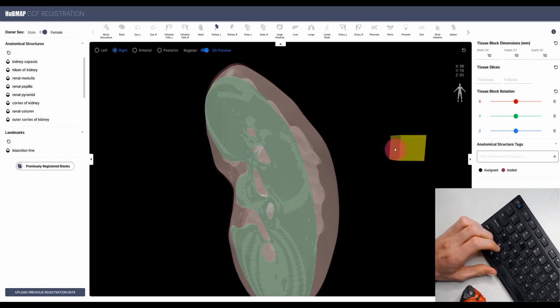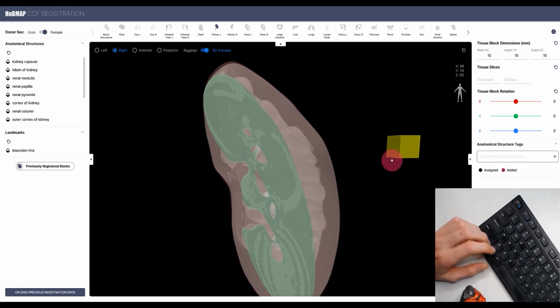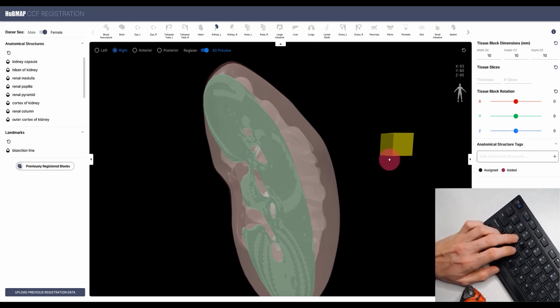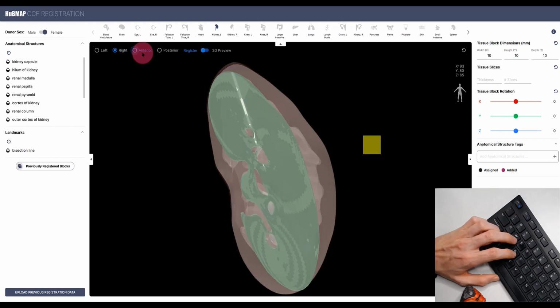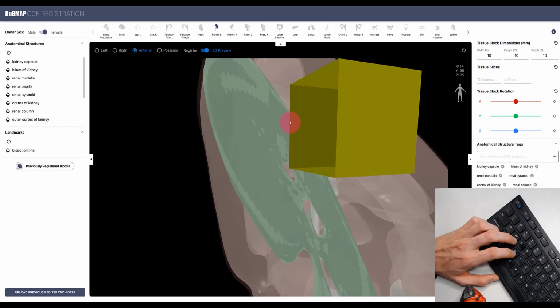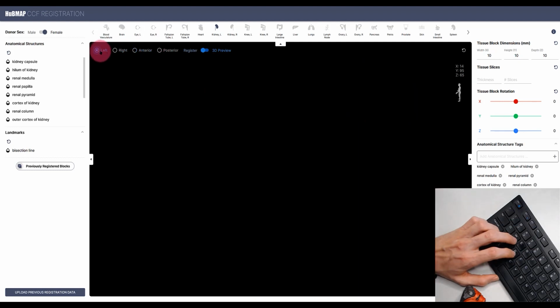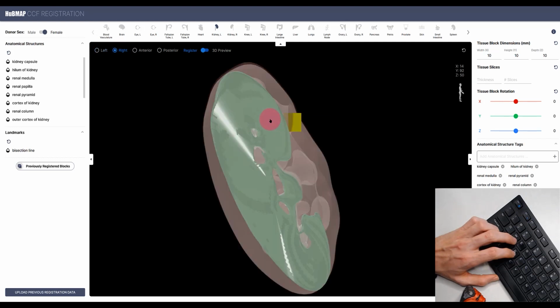In the 3D preview mode, we use our left mouse button to move the camera, so we can't move the block. So if we want to move the block now, we can simply use our keyboard. Let's say I wanted to align this tissue block with the bisection line. I can go back to register, go back to anterior, and now let's go over here to do the coarse alignment. Then I go to 3D preview, and let's zoom in. It's a little far away. Let's go to the left side here. Actually, let's go to the right and move this closer. All right, now we're getting pretty close.